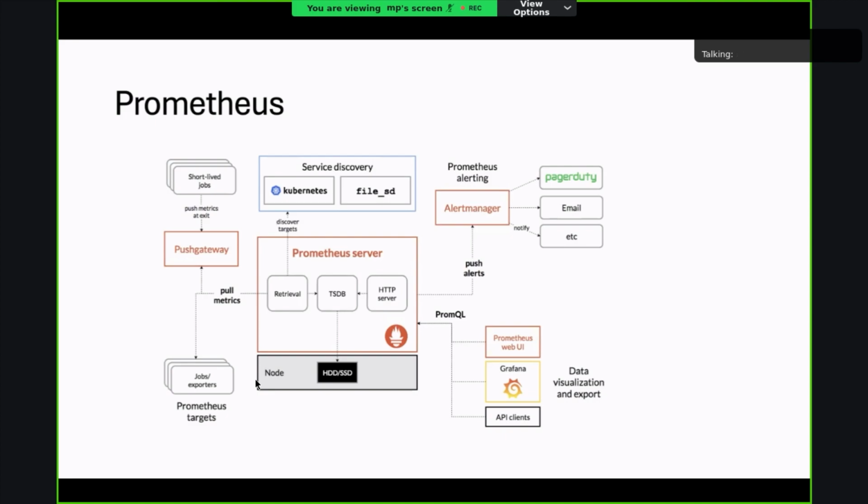And from the Prometheus servers, we use PromQL queries to fetch the data, and then we use Grafana or Prometheus Web UIs to make the visual representation of the data that is exported to the service admin, and this can be further used to monitor the exact roles of the service.